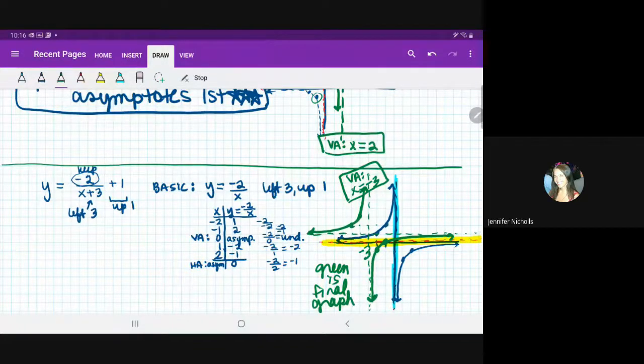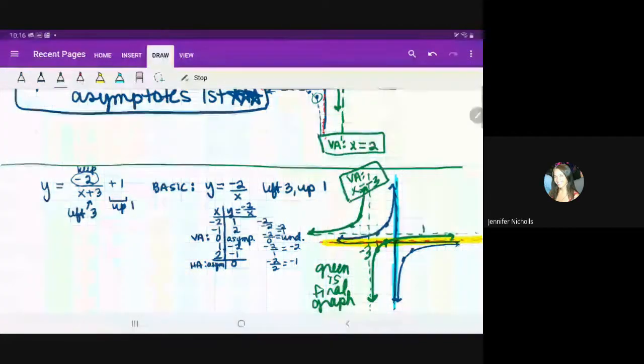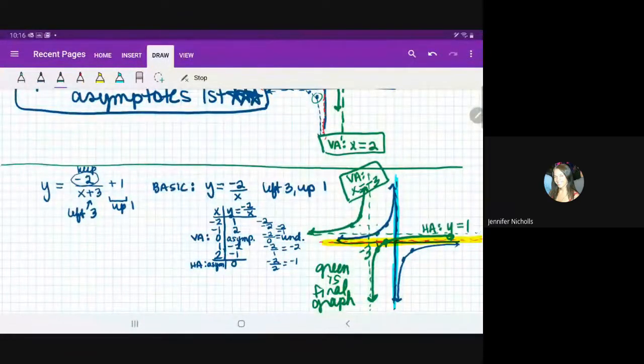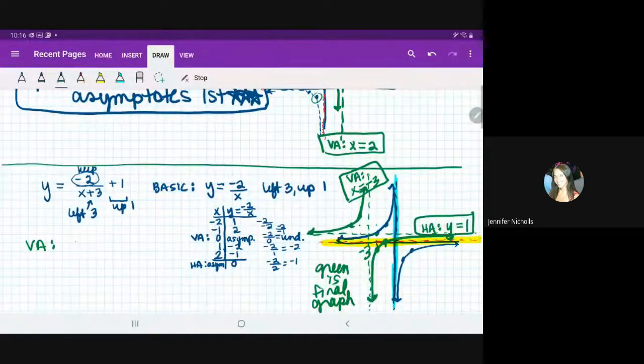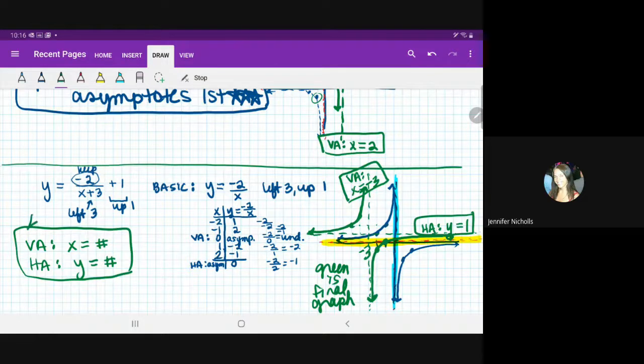And I need to list my horizontal asymptote. So my horizontal asymptote is y equals 1. And then I can write a little note over here. Vertical asymptote, our x equals a number. And horizontal asymptote, our y equals a number. So that's going to always be the case because of the vertical and the horizontal lines. Remember we said the y upside down? This y, if you flip it upside down, looks like an